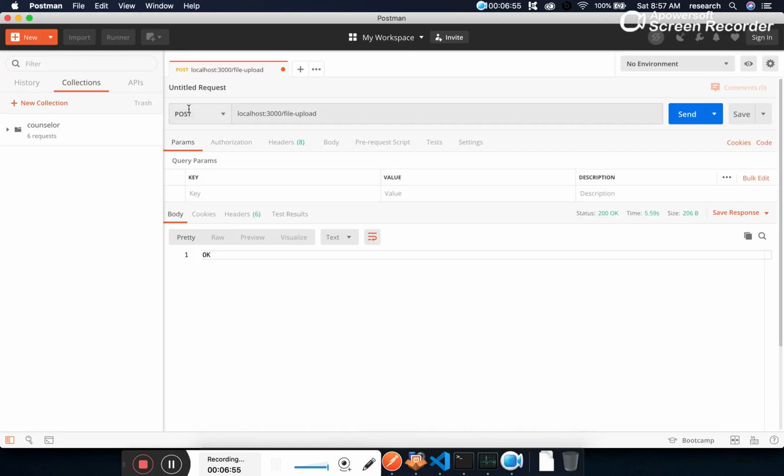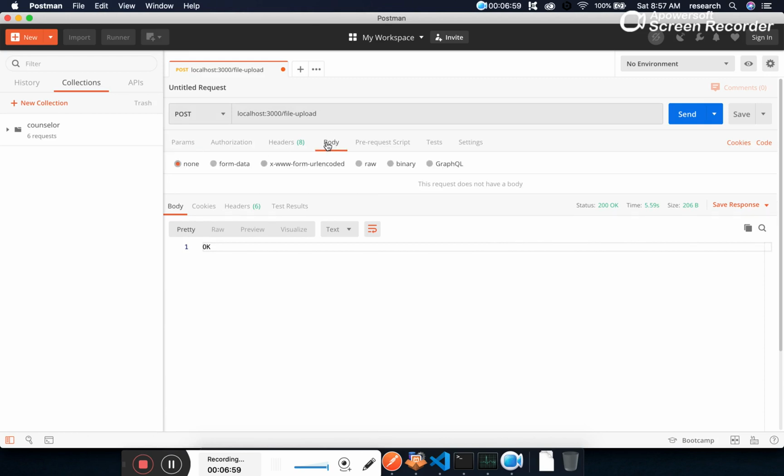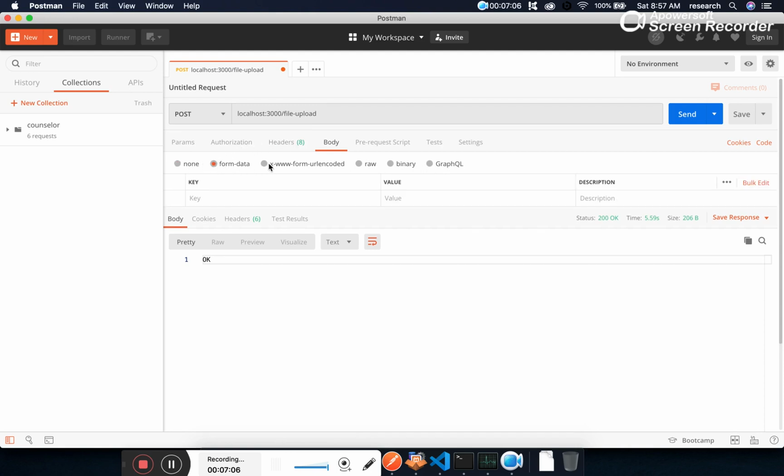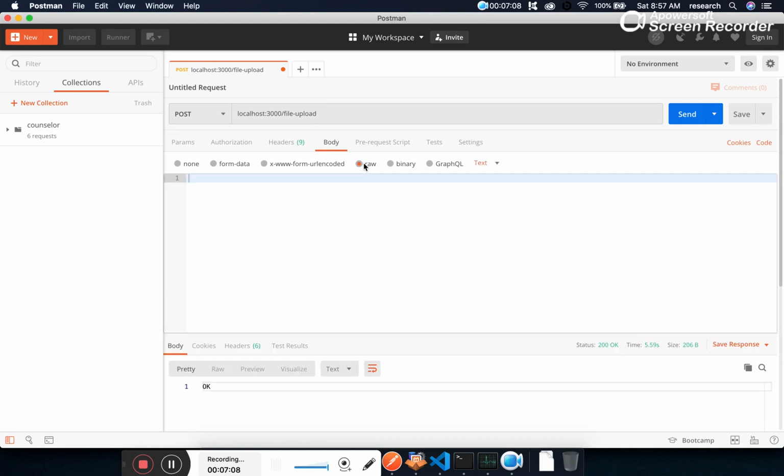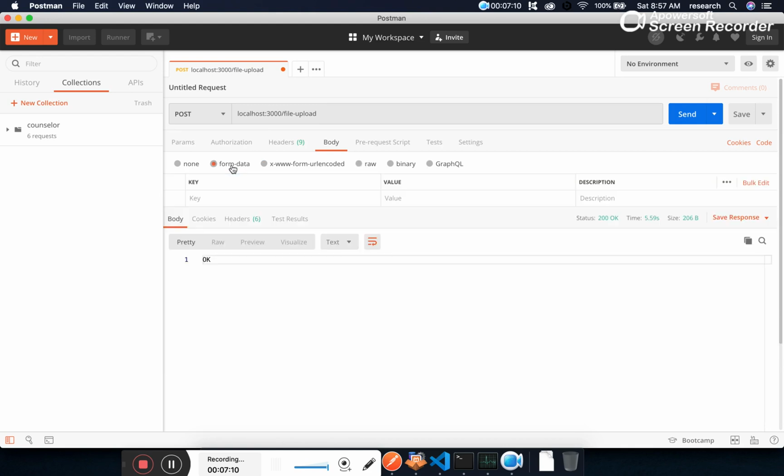This time, instead of just making only a post call, let's send some data using the body. While making a post call, we can send the data in multiple options: either form data, x-www-form-urlencoded, or raw. But since we are using the file upload option, we have to choose form data.